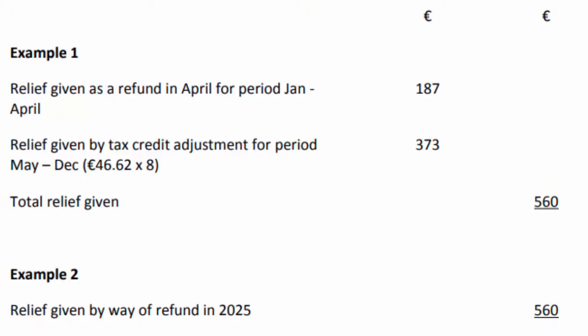This amounts to €187. That is €2,800 multiplied by 20% and multiplied by 4/12. Relief due for the remaining part of the year after the claim is made, May 2024 to December 2024, this amounts to €373. That's €2,800 multiplied by 20% multiplied by 8 divided by 12. The portion of relief due up to the period in which the claim is made may be given by way of a refund, provided the amount of income tax paid by Shane at that time exceeds that proportion of the